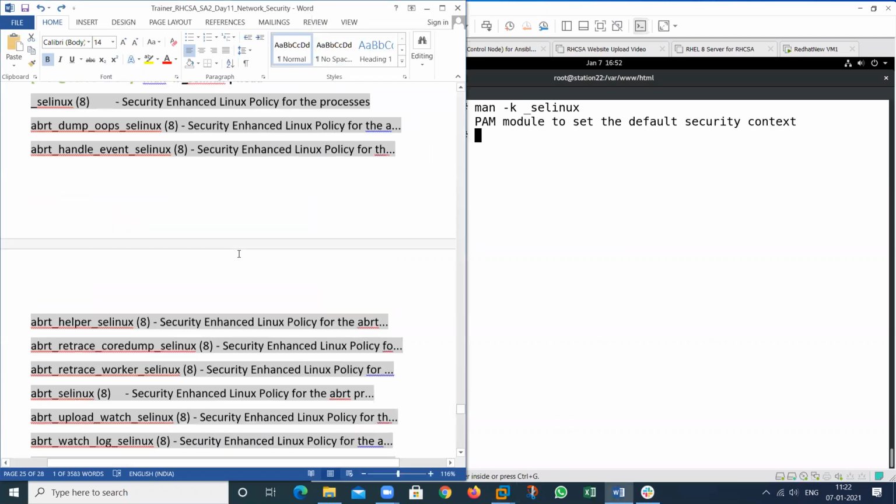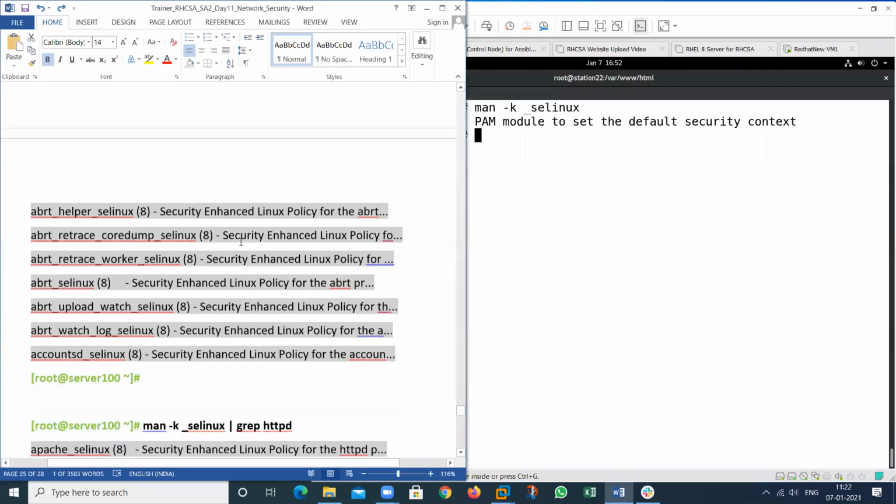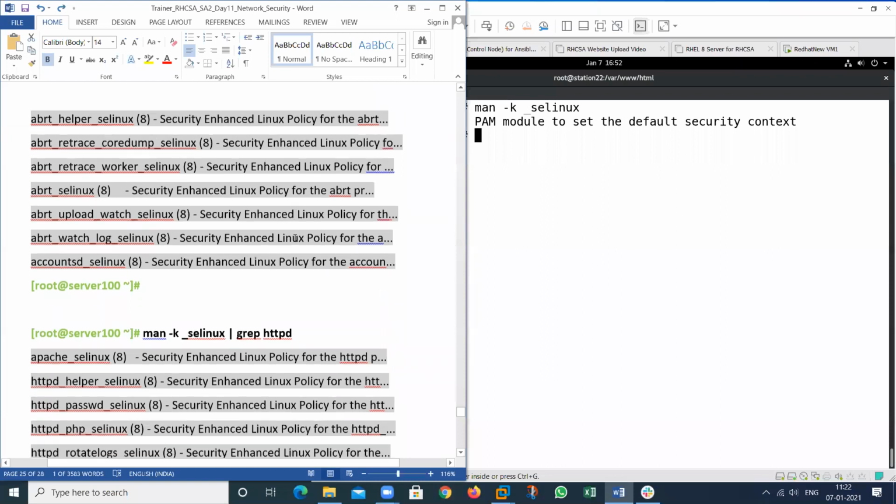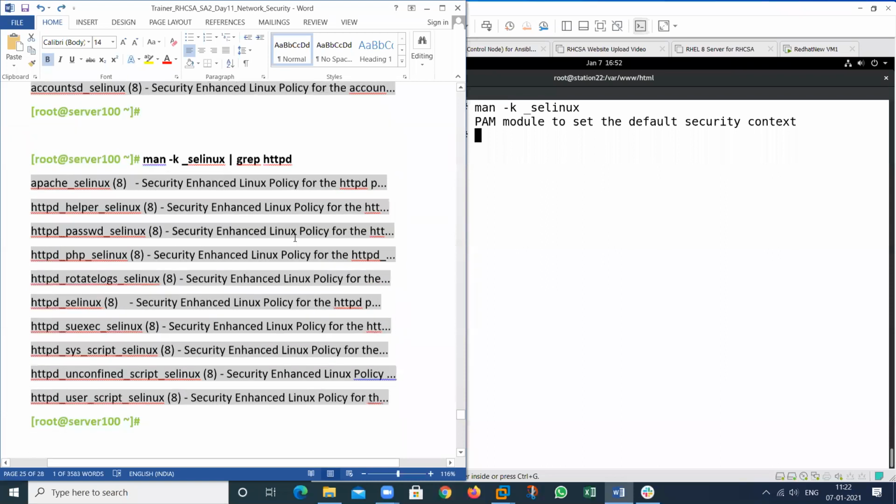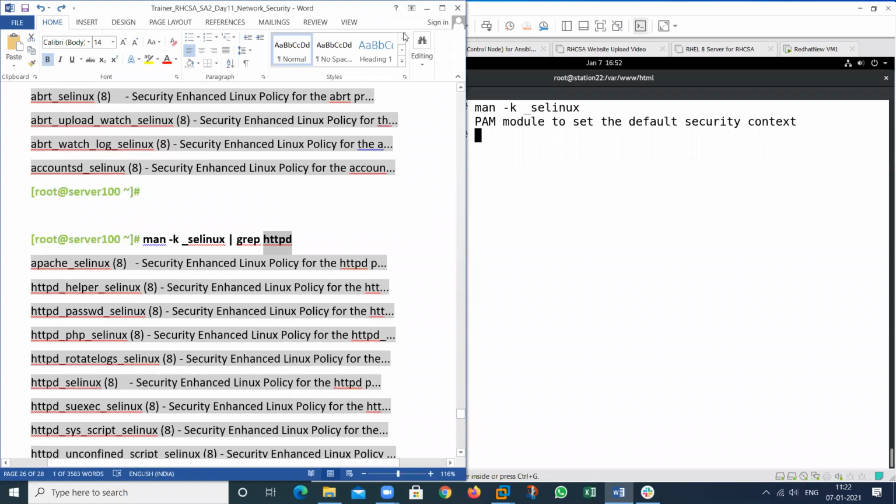I want to know about HTTP also. What are the permissions related to HTTP and other services?